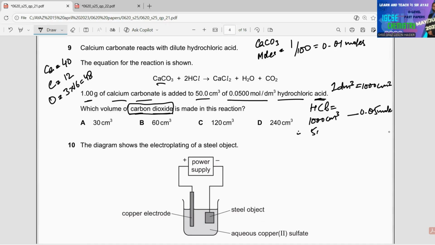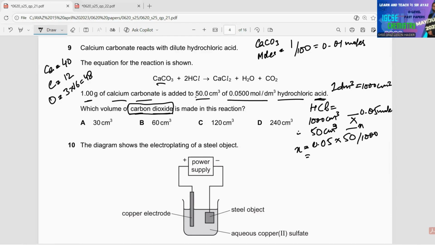Therefore, 50 centimeter cube contains X moles. X is equal to 0.05 multiplied by 50 divided by 1000. That is 0.0025 moles. So according to the equation,